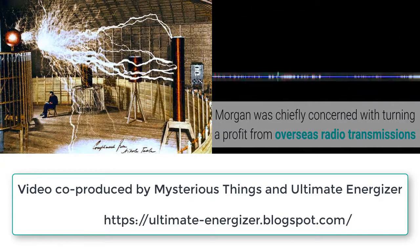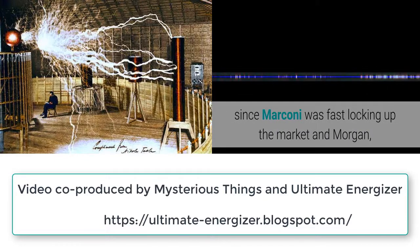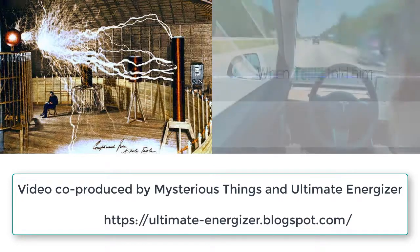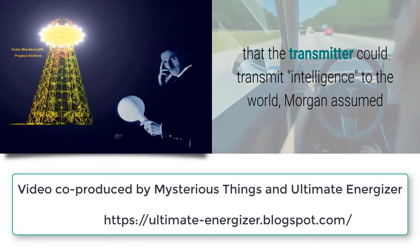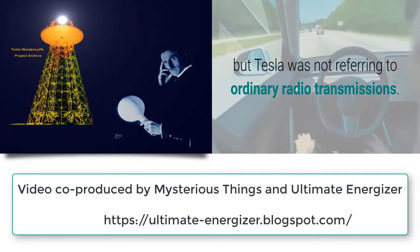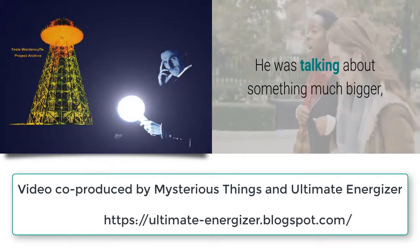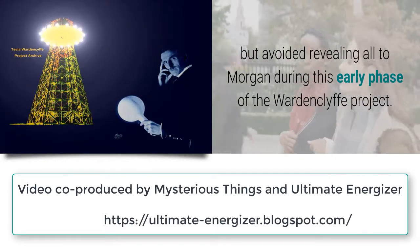Morgan was chiefly concerned with turning a profit from overseas radio transmissions, since Marconi was fast locking up the market and Morgan, ever the aggressor, wanted a share of the market. When Tesla told him that the transmitter could transmit intelligence to the world, Morgan assumed that he meant ordinary radio communications, but Tesla was not referring to ordinary radio transmissions. He was talking about something much bigger, but avoided revealing all to Morgan during this early phase of the Wardenclyffe